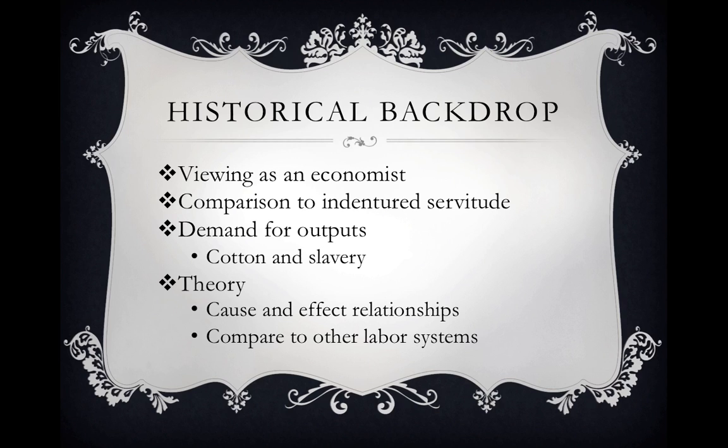For example, when we looked at previously, we saw that there were very few slaves relative to a free population in New England. So we're looking for cause and effect relationships to explain why there were so few slaves relative to free people in New England. And in South Carolina, for example, 60% of the population was a slave population. So we're trying to look for cause and effect relationships to help explain the regional differences in the utilization of slavery. And also, we're going to compare the slave labor system, the plantation labor system, to other forms of labor. All right, so we will compare it to indentured servitude and to free labor.